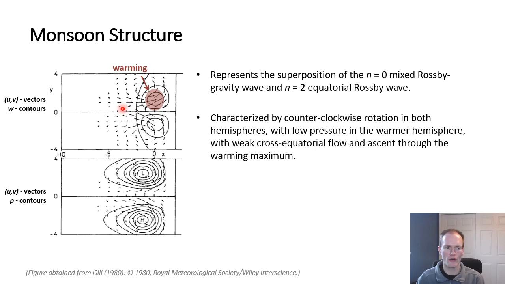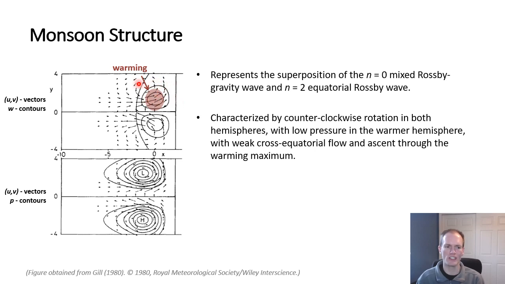We have weak cross-equatorial flow. Note this east-southeasterly flow toward the equator in the southern hemisphere and west-southwesterly flow away from the equator in the northern hemisphere. Where we have our warming applied in this red shaded region, we have our strongest ascent,